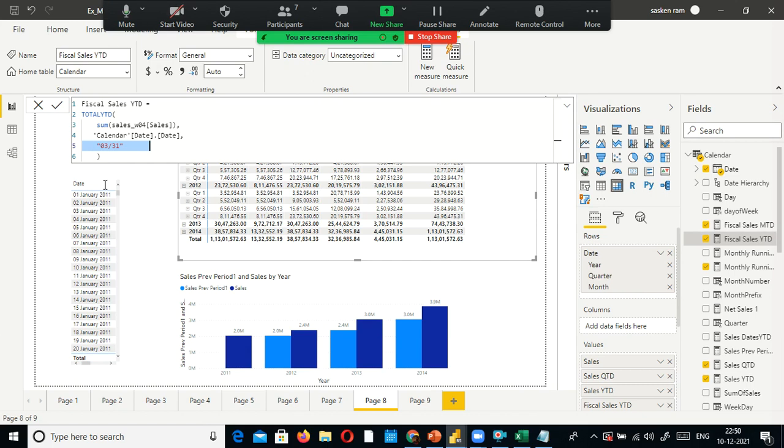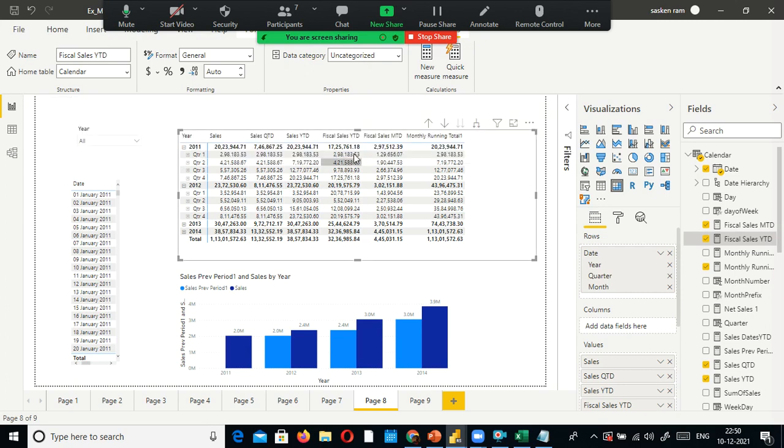So you need to specify the financial year end date here. So 331, March 31, in month-day format. Remember this. This is what fiscal sales is, and if you look here, it is slightly different. For this one, 1,725,761 fiscal year to date.